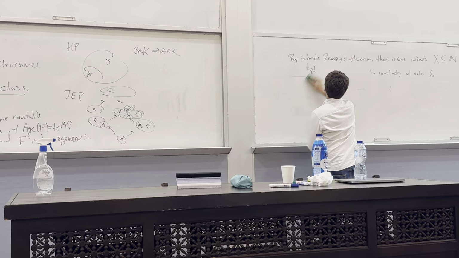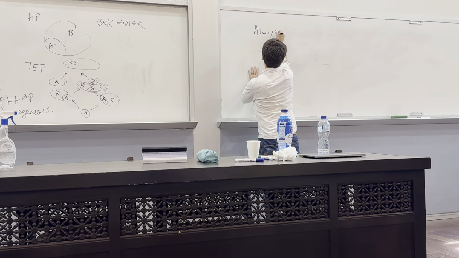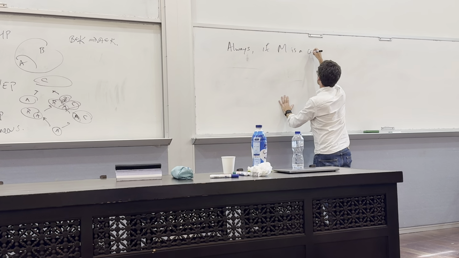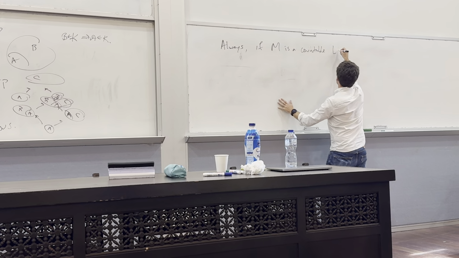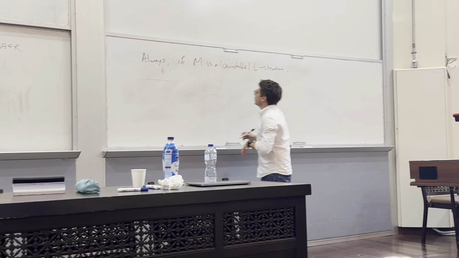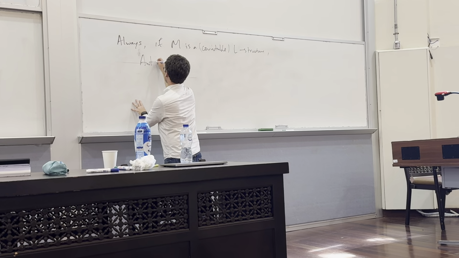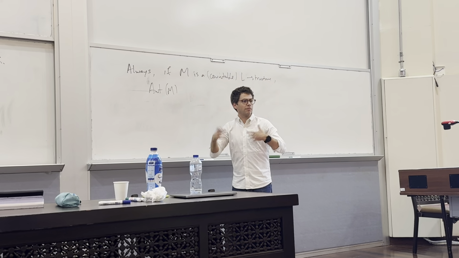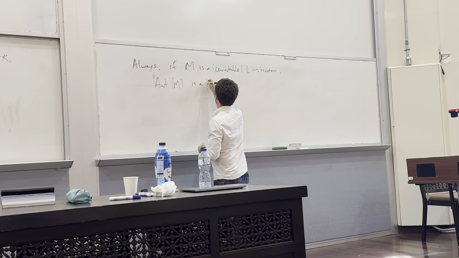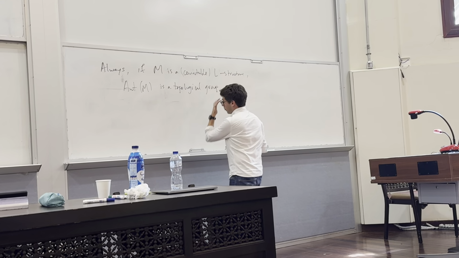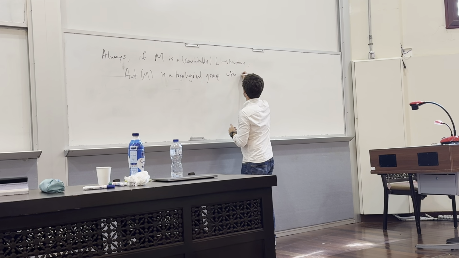So there are a few things that I need to tell you. So always, if M is a countable L-structure, okay, I'm going to assume countable. What I'm going to say actually doesn't need that. The automorphism group of M is a topological group. It has a topology on it, which is compatible with the group operations. So it's a topological group, with the topology given